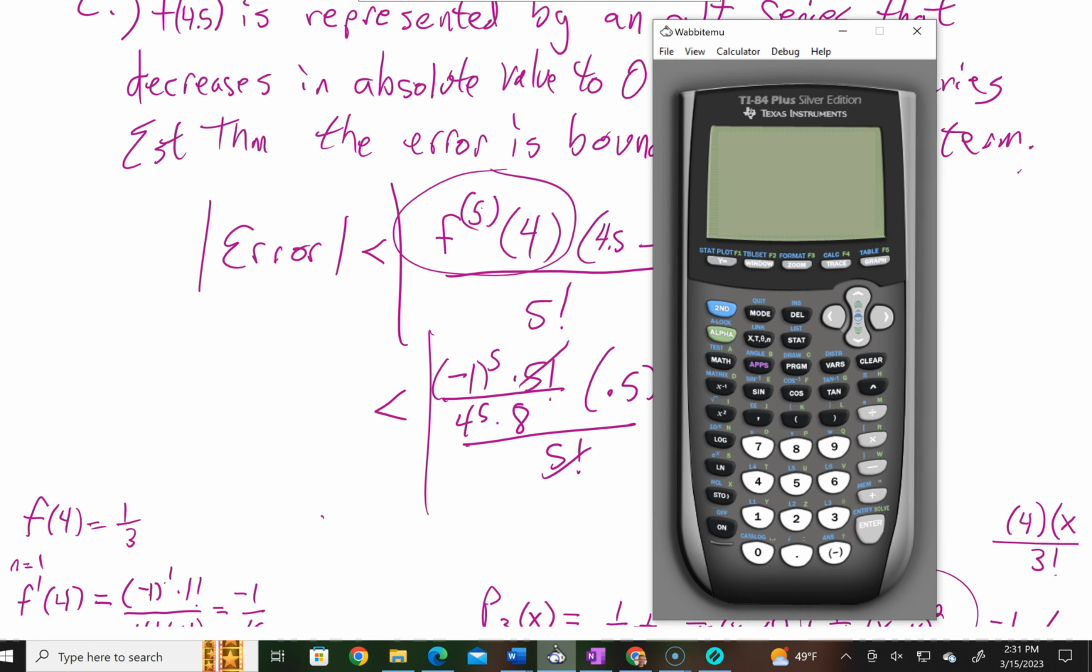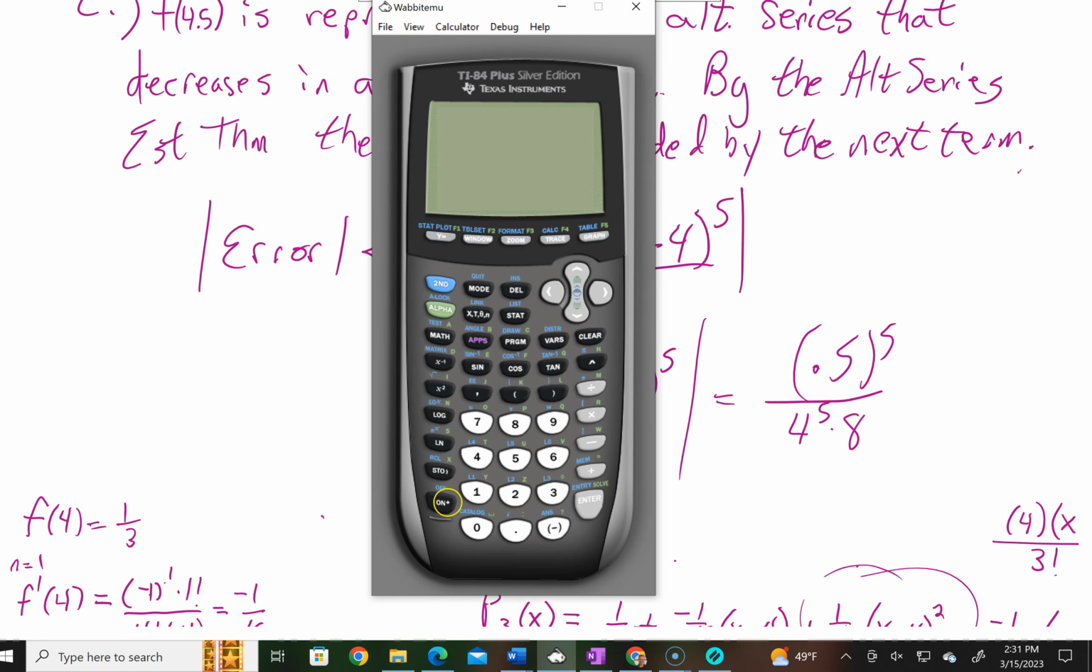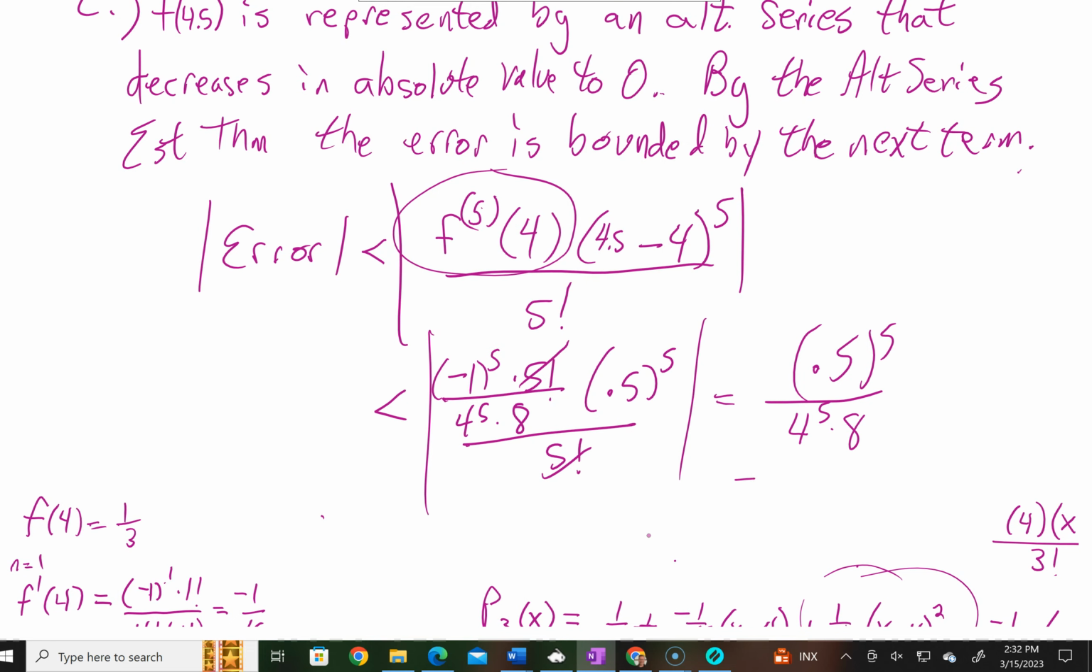Let's get our calculator out and work that out. We'll say, well, let's see here. The calculator is not turning on. There it is. 0.5 to the 5th divide by 4 to the 5th times an 8. Guys, that's going to be it. That right there is 3.815 roughly